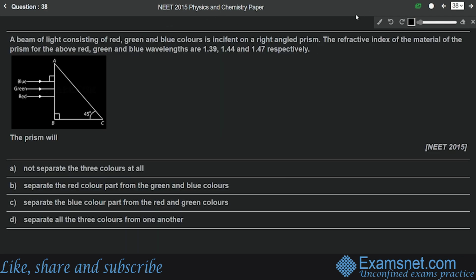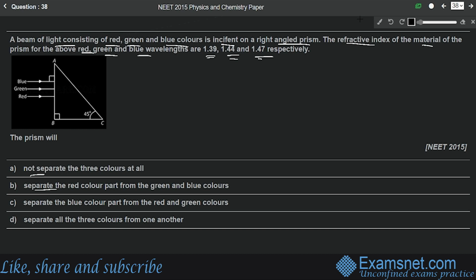Question number 38 is from the chapter Ray Optics and Optical Instruments, and the question is, a beam of light consisting of red, green and blue colors is incident on a right angled prism. The refractive index of the material of the prism for the above red, green and blue wavelengths are 1.39, 1.44 and 1.47 respectively. The prism will, option A, not separate the three colors at all,